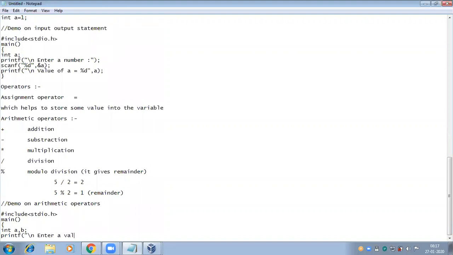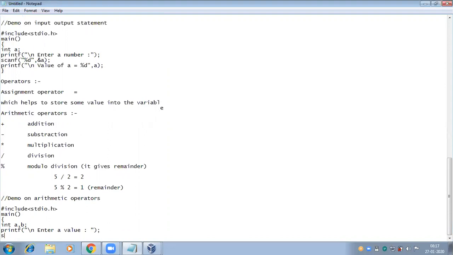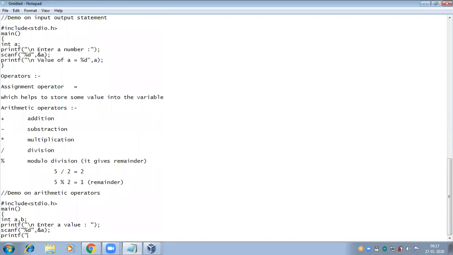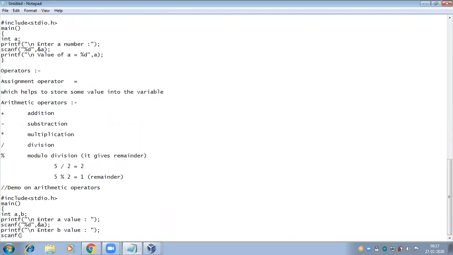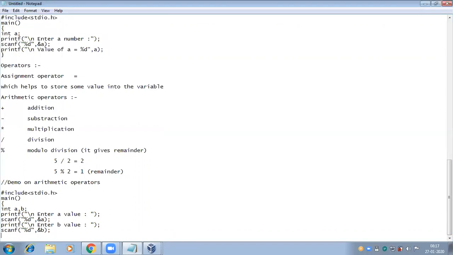So, enter a value, then scanf %d, address of a, then printf enter b value, and scanf %d, address of b.